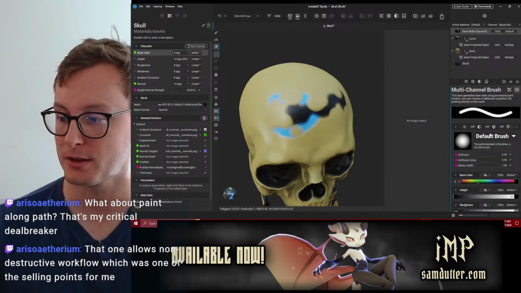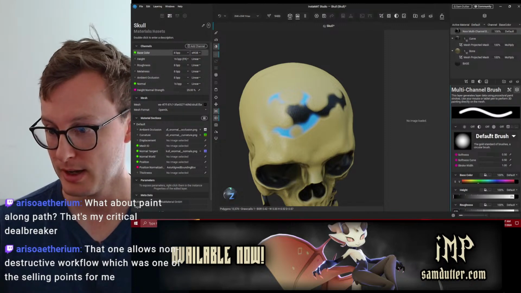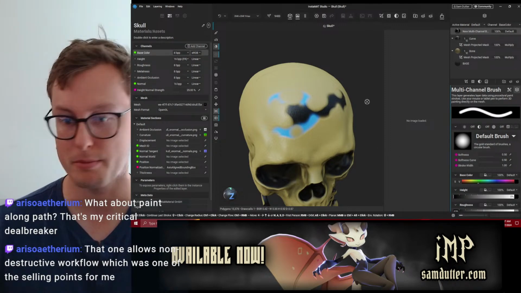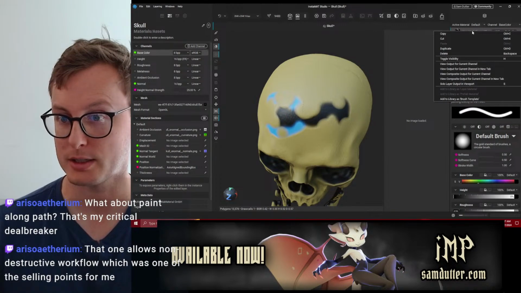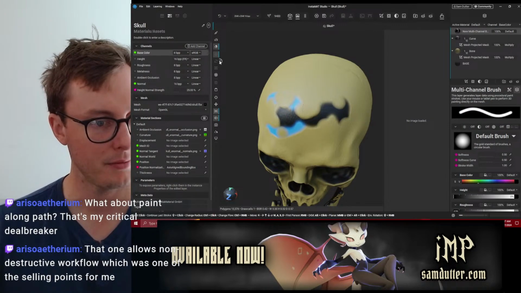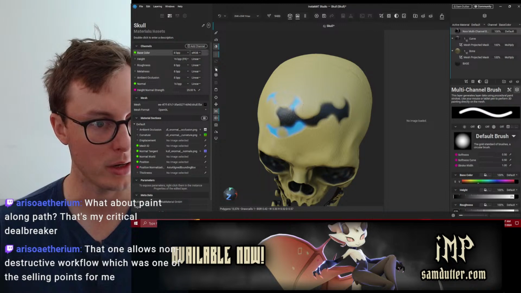Excuse me. Well, paint along path. That's my critical deal breaker. That one allows non-destructive workflow, which is one of the best selling points for me. It doesn't look like they have that here, as far as I can tell. Definitely no curvature brush.